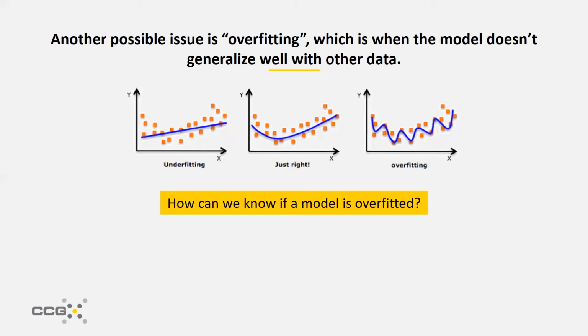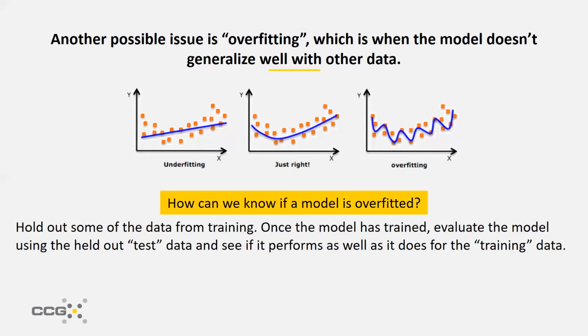A lot of what you guys are talking about are actually really good in terms of thinking about ways to overcome or remove overfittedness. But to test whether a model is overfitted, what we typically do is, instead of using our full data set to train the model, we hold some of the data back and leave it out of the training process. All right? Then we can try that model with the data that we held out. We call it the test data set. We're going to try our model with that test data where we already know the right answers, and compare our predictions to the test data's right answers.